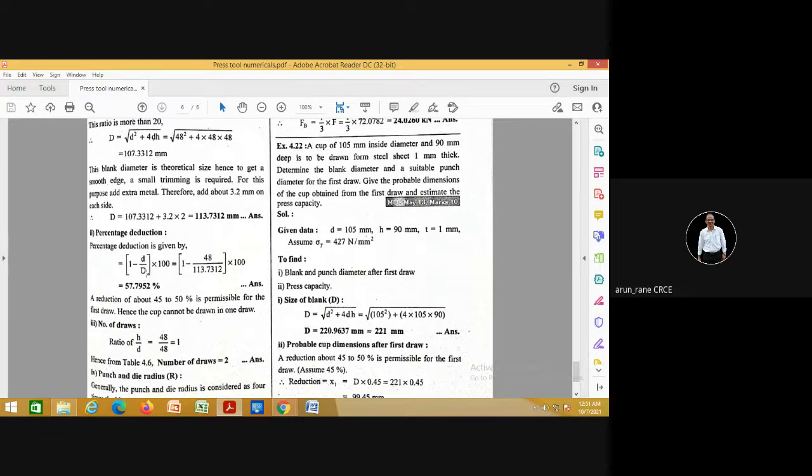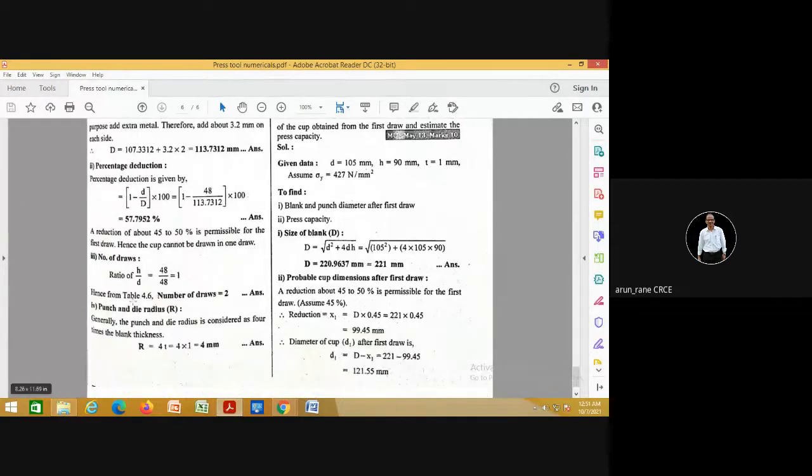So you are going to need 2 draws. It can also be confirmed by this. That is, you take the ratio of h by d, 48 upon 48, that is 1. And if you refer to table 4.6 I showed yesterday, depending upon this ratio, the number of draws is also given. So if it is 0.7 to 1, the number of draws is 2.